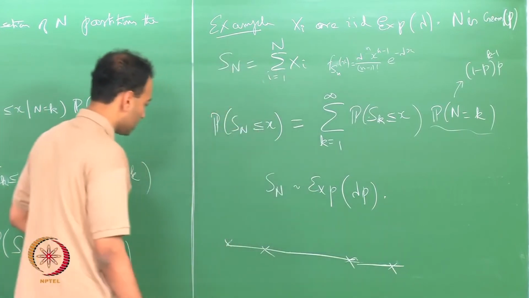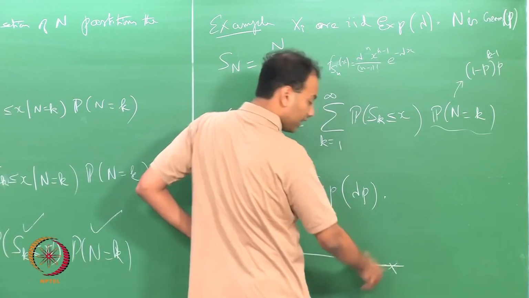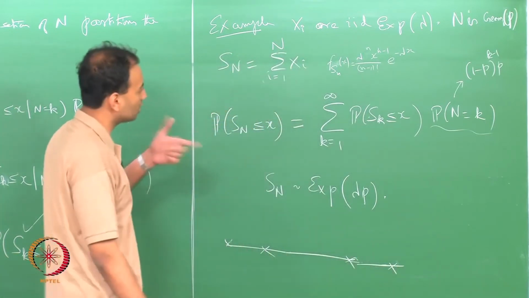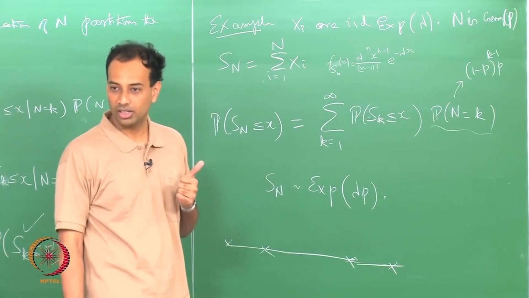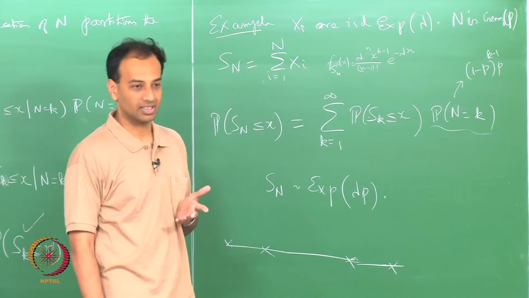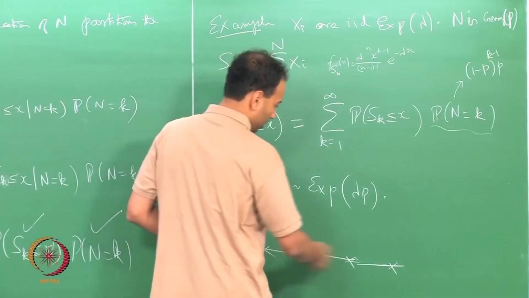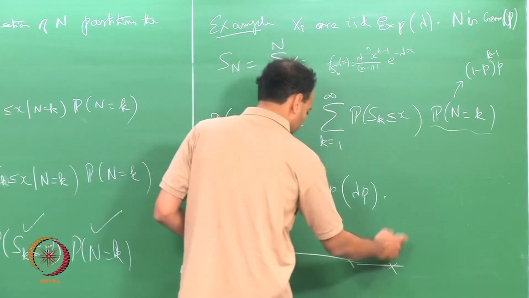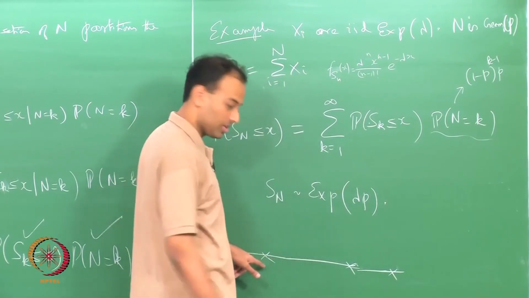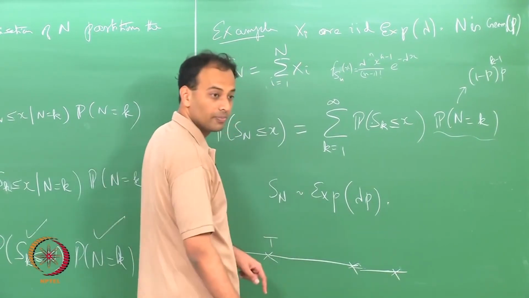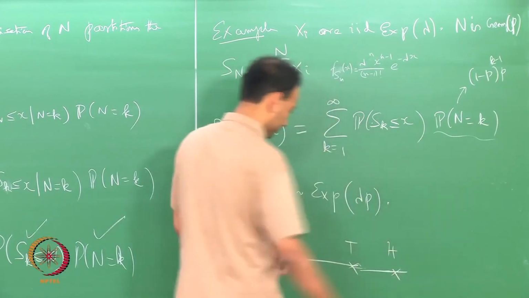Now, what I am doing is summing a geometric number of these, which means I am tossing a coin. Every time there is an emission I toss a coin whose probability of heads is p, let us say, and I am looking at the duration until the first head shows up. Every time there is an emission I toss a coin, let us say this gives me tails. Next time, let us say this gives me tails, and then let us say this gives me heads.